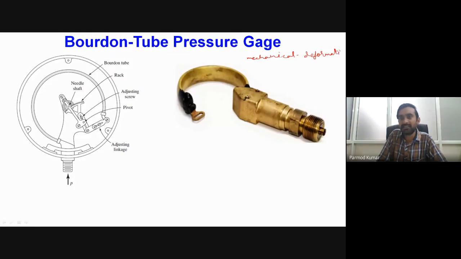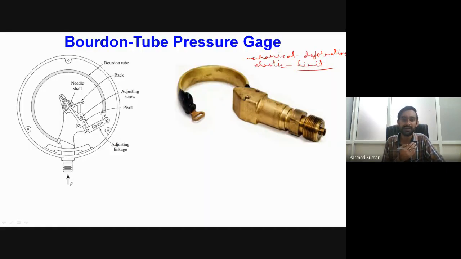Okay, so mainly these gauges are based on the principle of mechanical deformation of sensing elements, and particularly these mechanical deformations are taking place in the elastic limit of the material. Okay, so elastic limit means when fluid will be applying a certain amount of pressure on the sensing element of the transducer, the transducer will have certain deformation, and once that pressure is released, the transducer will come back to its original position. Okay, so that type of principle is known as deformation under the elastic conditions.